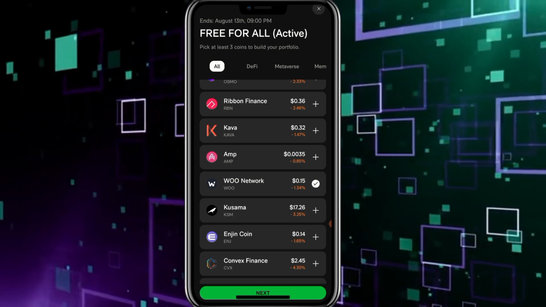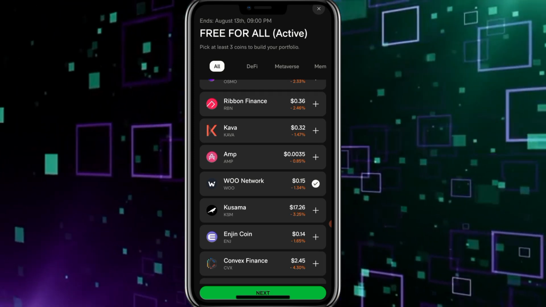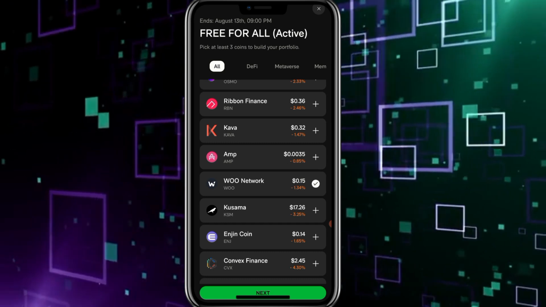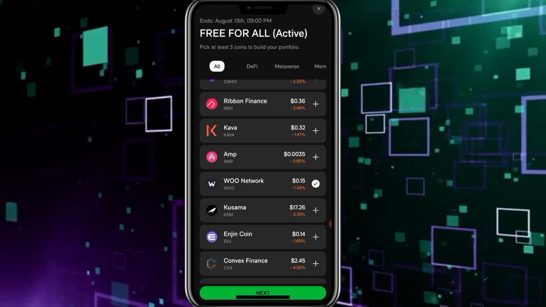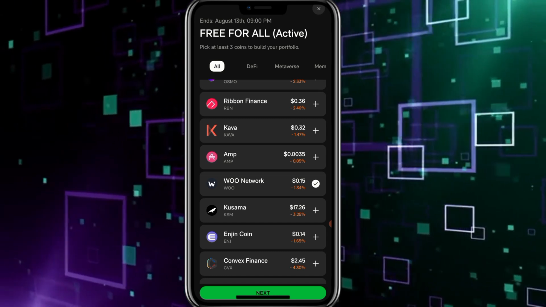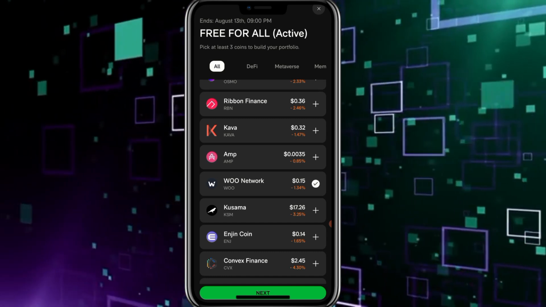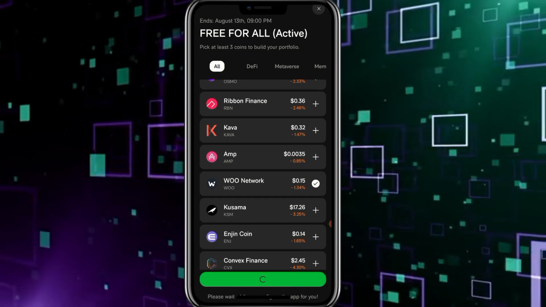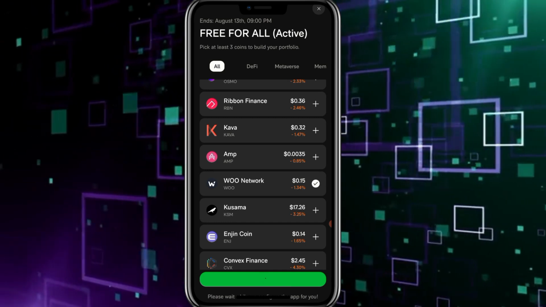So I'll click on next. After I click on next, if I'm not using the premium app, which I don't recommend you use, there will be an advert that will show. So let me click on it and it will show. I just want to let that advert show. So let me click on next. I'll click on next, it will load. After loading,